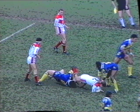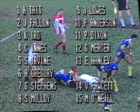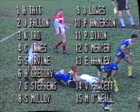Alan Tate from the Scottish Rugby Union International lines up at fullback. Jim Fallon is welcome back to Leeds on the right wing. Kevin Iro and Craig Innes make a pair of New Zealand centres with Simon Irving on the left wing. Change at half-back today, no Gary Schofield, so Andy Gregory switches to 6 and Gareth Stephens comes in at scrum half. Steve Malloy, James Lowes and Paul Anderson make up a big front three, with Paul Dixon and Gary Mercer